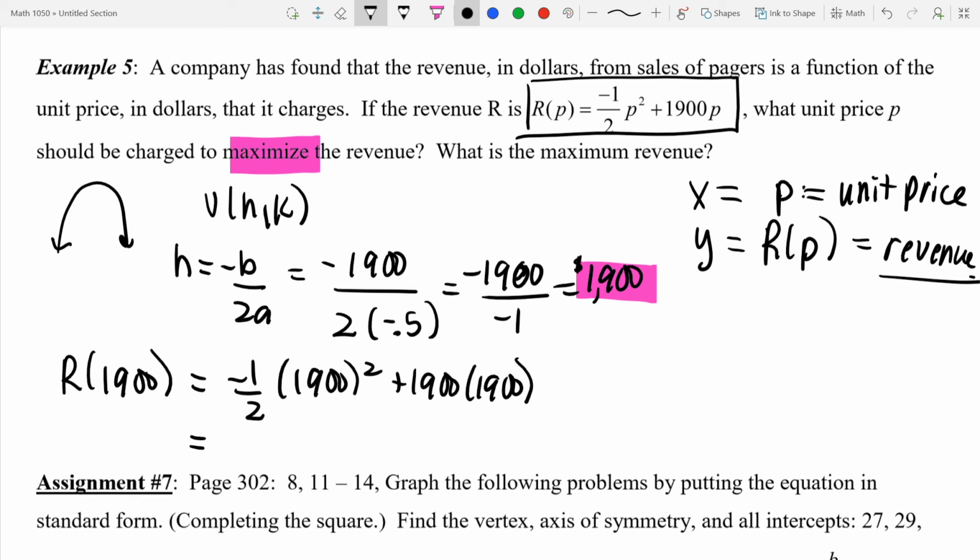Put an equal sign underneath the other equal sign. Grab your calculator. You can go negative 0.5 or negative 1 divide 2. It doesn't matter. Parenthesis 1900, close it. Hit your x squared plus 1900, parenthesis 1900, close it. Hit enter. And you get